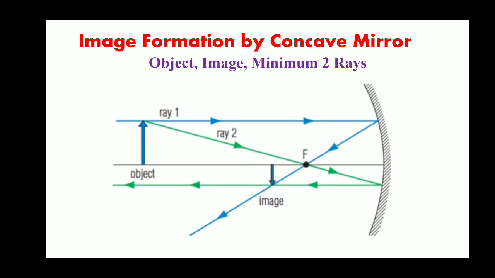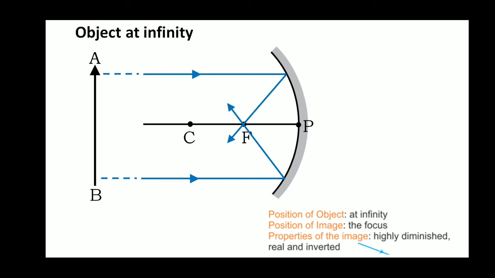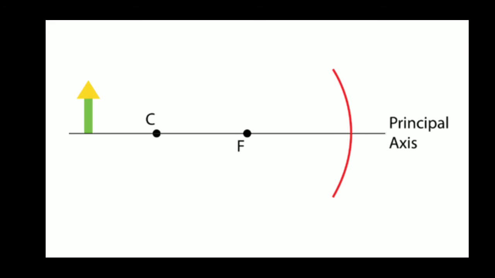You can draw 3, you can draw 4 incident rays, any number. But what you are getting with the 2 rays, it will be the same for any number of rays you take. Answer remains the same. So I have taken it like this. Now we will consider. Now if I take this diagram, I can keep the object at any place.